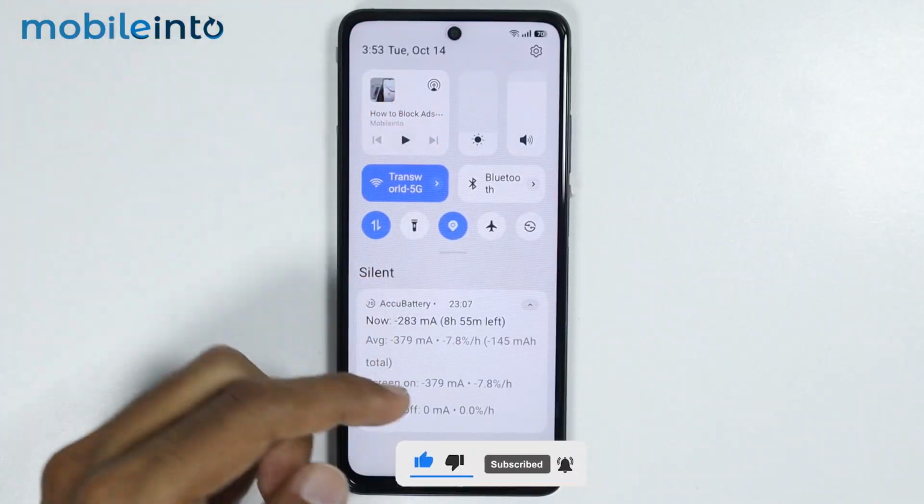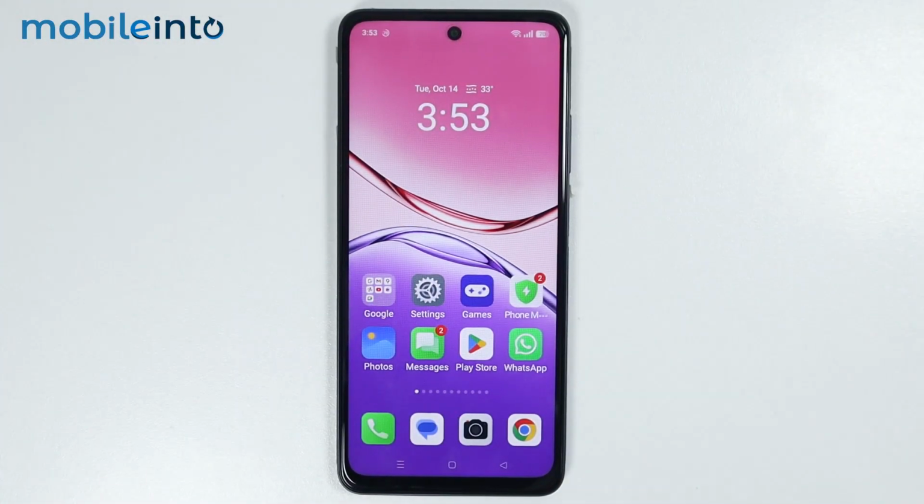Now, as you can see, this is how you can play YouTube in the background on